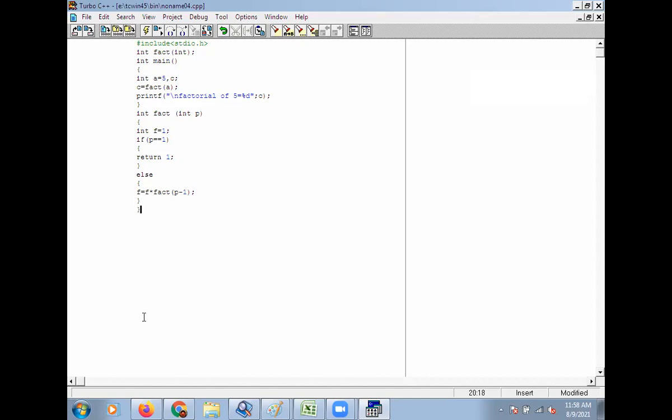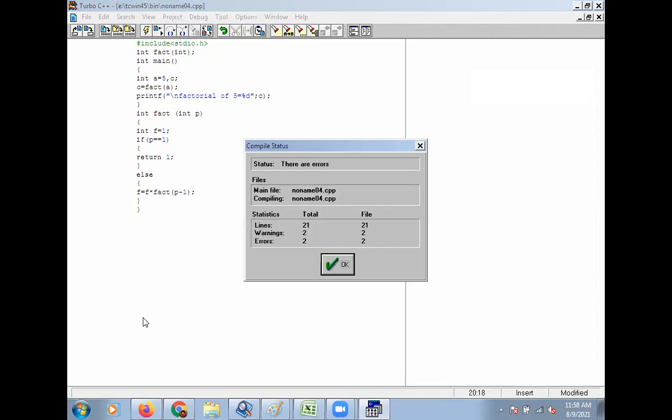Then bracket complete. Okay, this is the code we are going to execute.